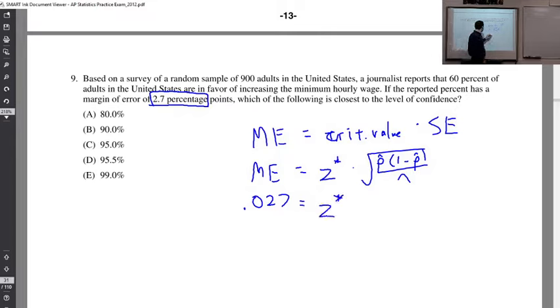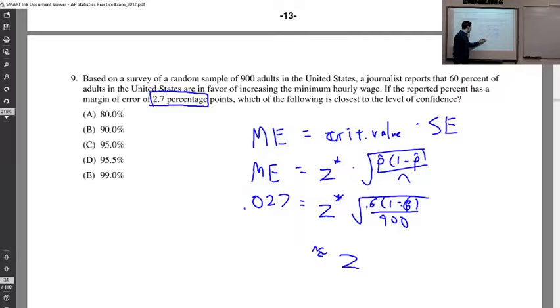And I'm going to be solving for z. I want to know what the z-score is because that will tell me what my confidence level was. Remember, the confidence level is relevant for the z-score in the formula. So we're solving for the z-score. P hat here is 60%, so 0.6 times 1 minus 0.6, all over our sample size, which was 900. If I solve this equation for z, z ends up being about 1.65,